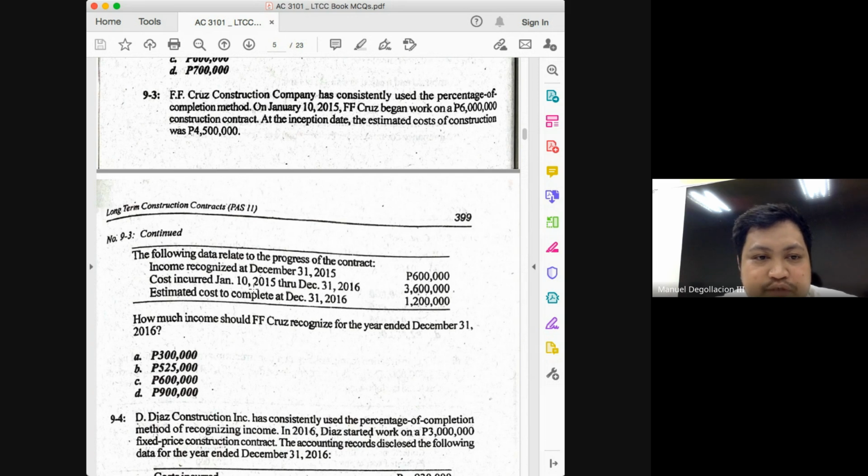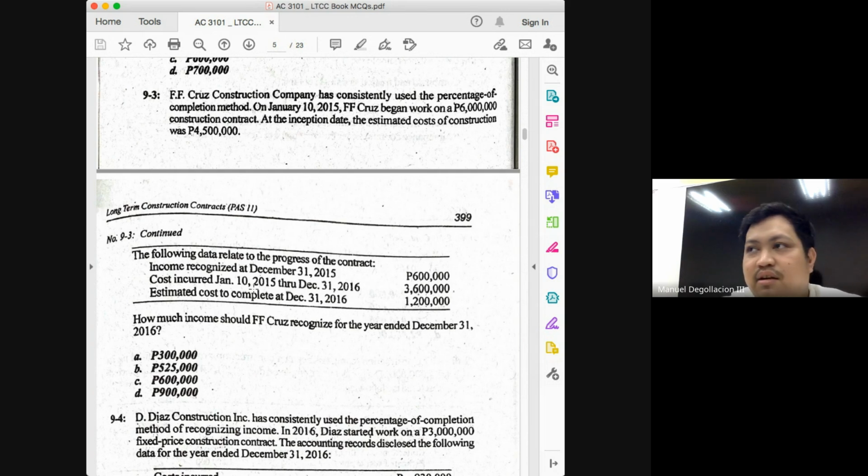Next, proceed to the percentage of completion. How do you solve for percentage of completion? Cost incurred to date divided by cost at completion. Do we have our cost incurred to date? Yes, 3,600,000. Do we have our cost at completion? Yes, which is 4,800,000. 3,600,000 divided by 4,800,000, your percentage of completion is 75%. Do we have the two things we need to solve for RGP? Yes. So 75% times 1,200,000 will give you 900,000, which is letter D.